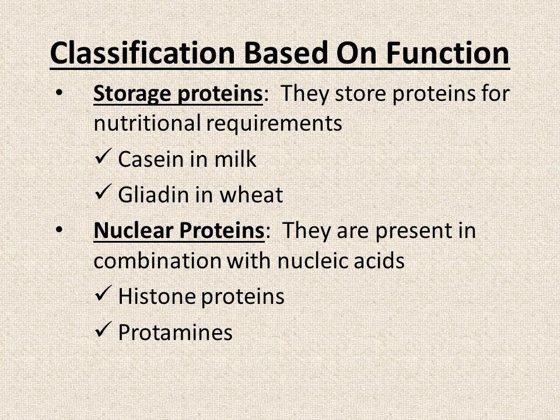So the last category of proteins present in this type of classification is nuclear proteins, also known as nucleoproteins. Now these are proteins which are present in combination with nucleic acids such as histones and protamines, and these perform very important functions. One that you should remember is that histone proteins are involved in the wrapping of DNA inside the nucleus. So these nucleoproteins perform many different functions, but this is the most important that you should be knowing. So this was all about the classification of